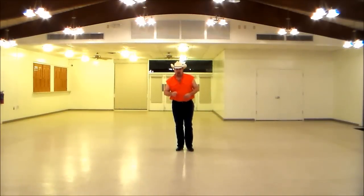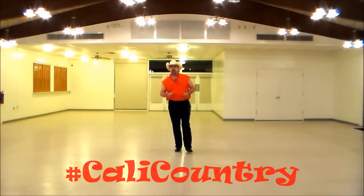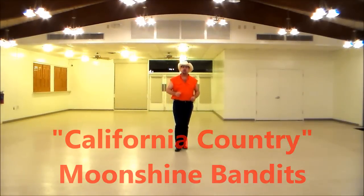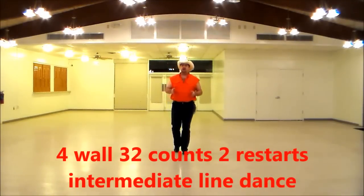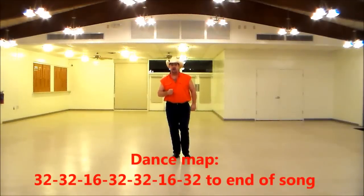In Fort Pierce, Florida. This is our brand new line dance called #Cali Country. It goes to the Moonshine Bandits song Californi Country that you can pick up on their brand new album called Cali Country. It's 4 walls, 32 counts with 2 restarts, and we're going to say it's probably an intermediate line